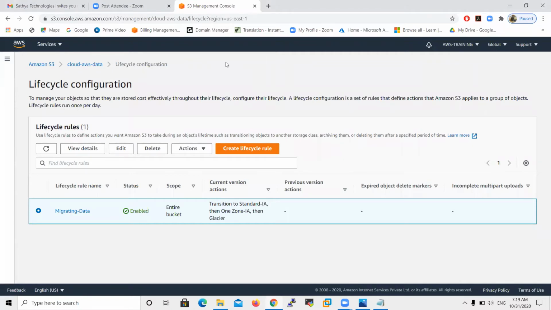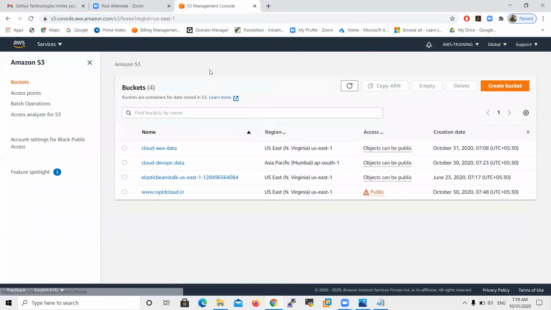Now see that. First important thing, create two buckets. My first bucket name is cloud AWS data. My second bucket name is cloud DevOps data. Please remember, it is better to create the two buckets in different regions. My first bucket is in the Virginia region, and my second bucket is in the Mumbai region.